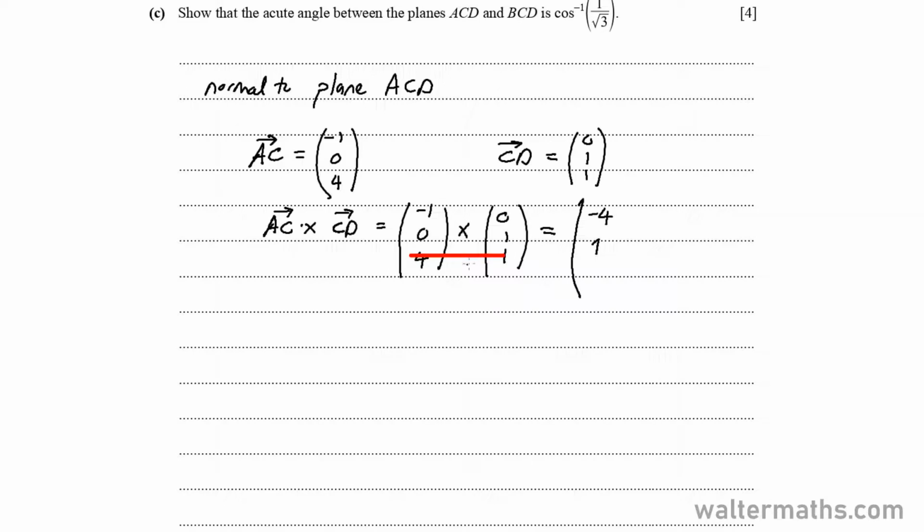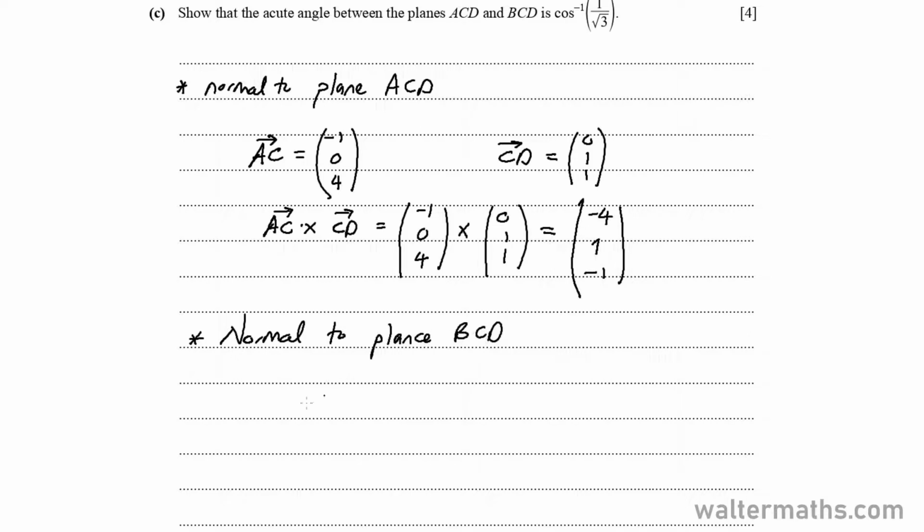Then we close out the last set of numbers. So minus 1 times 1 is minus 1, minus 0 times 0, which is 0. So this is the cross product of AC and CD, which also happens to be the normal to the plane ACD. Next, we'll need to find the normal to the plane